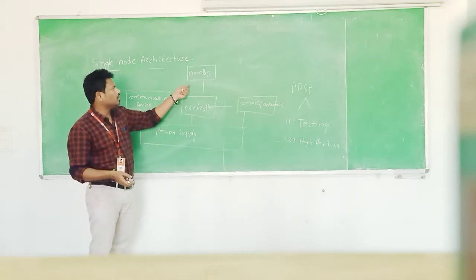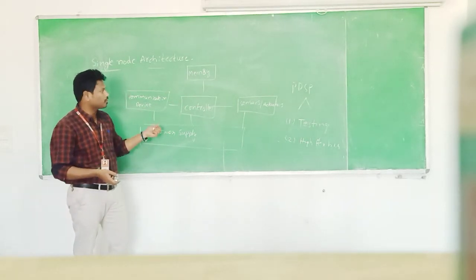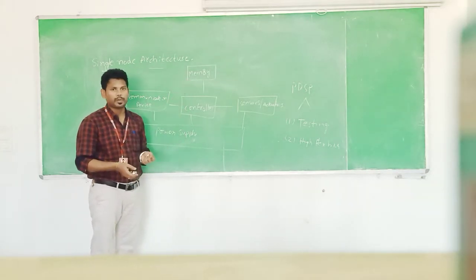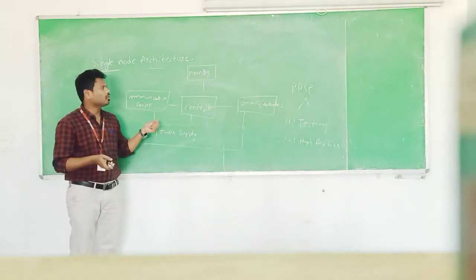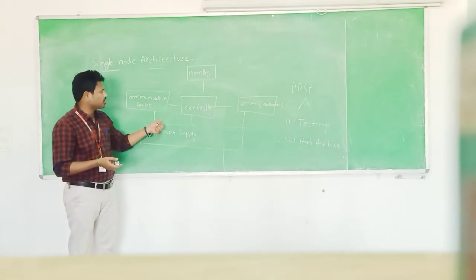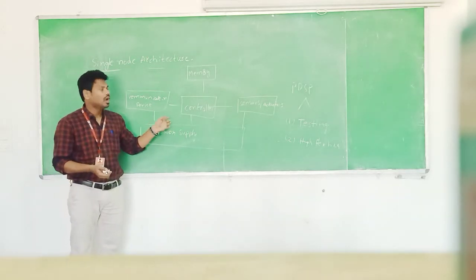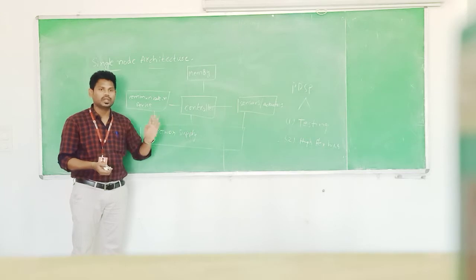Memory, you already know that the purpose of memory is to store the collected data coming from the sensors or actuators. These memories are classified into many types. First one is RAM, second one ROM, third one EEPROM, and fourth one is flash memory. First one is RAM, random access memory, which is used to store the data. In this RAM, if the power supply is interrupted, then the stored data can be deleted, right?